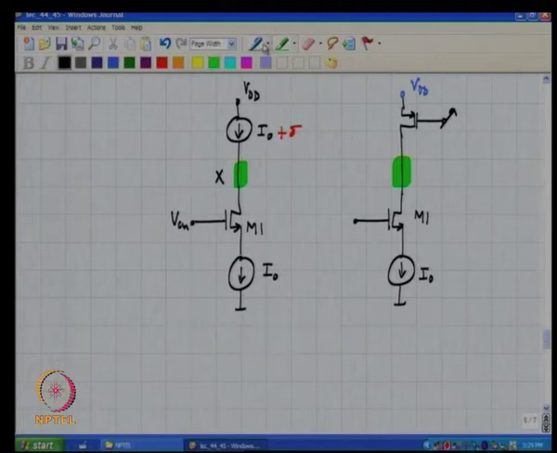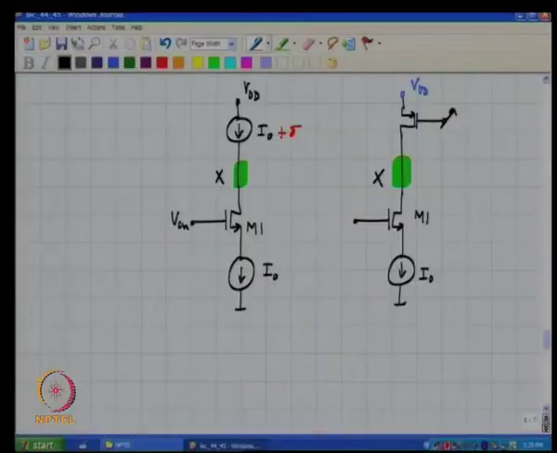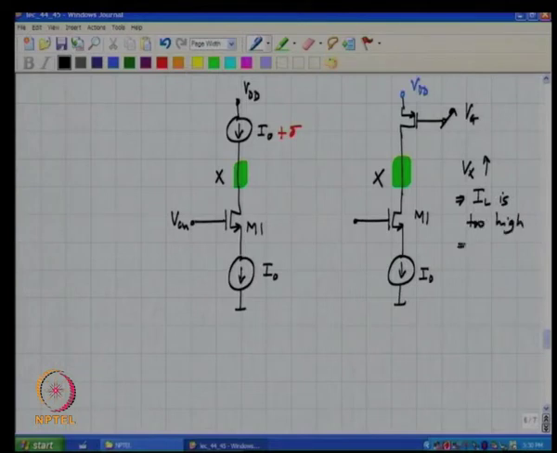and making this node potential constant, or rather you want to make sure that the load current is exactly equal to the tail current. Instead of comparing currents, as you are well aware from prior experience, you can simply monitor the potential at node x. If Vx goes up, it means that the load current is too high, which means that if this is Vg, IL is too high. So, what must be done?